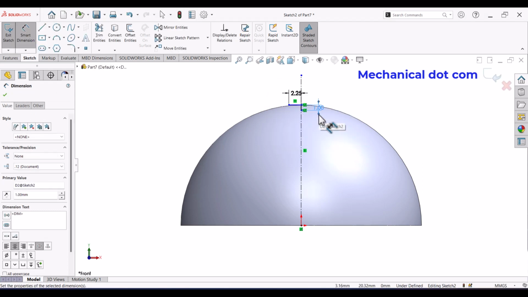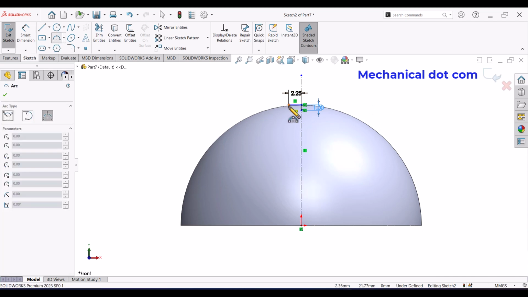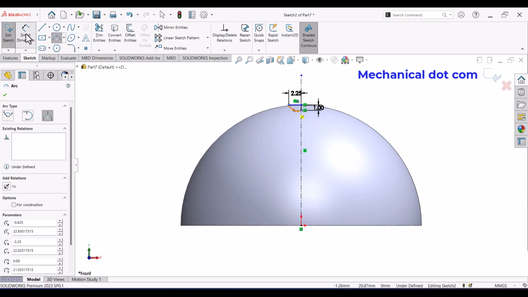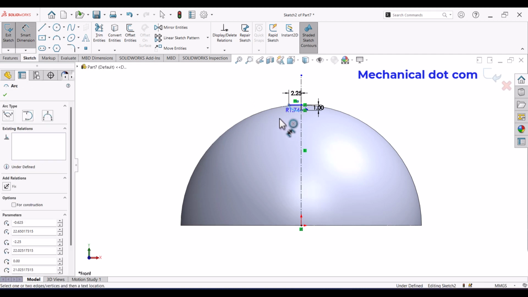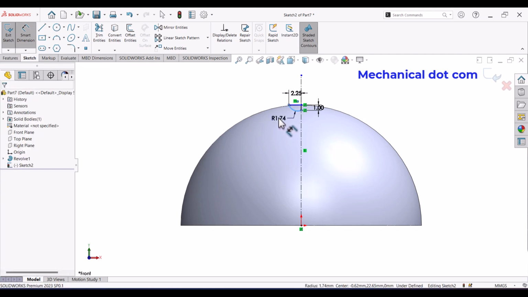Now go to 3-point arc and make a line like this. Now go to Smart Dimension and measure the radius as 3.3 mm.